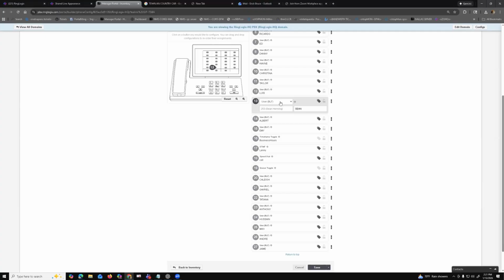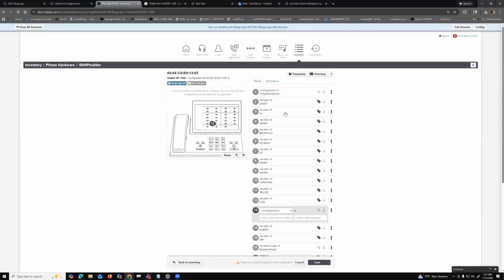So it lets you know exactly where you're programming, and you have several different actions that you could choose for that specific button. Line appearance, shared line appearance, BLF, call park, speed dial, DTMF, queue toggle, and time toggle. So let's go through a couple of them. Obviously, line appearance is going to be something that you have at the top. This is a line appearance. When you choose that,